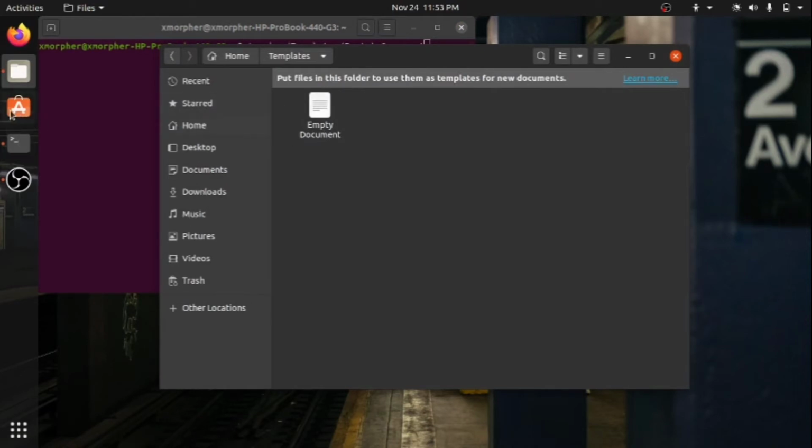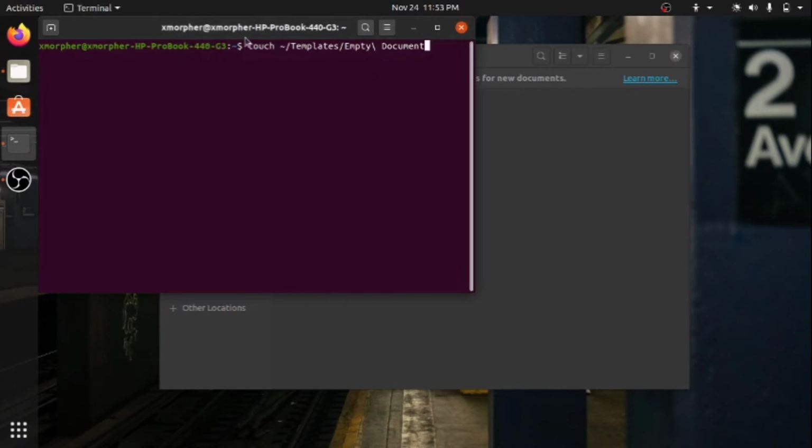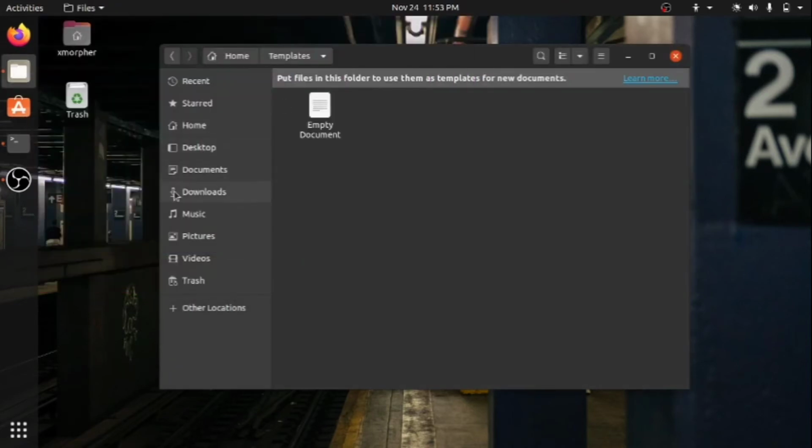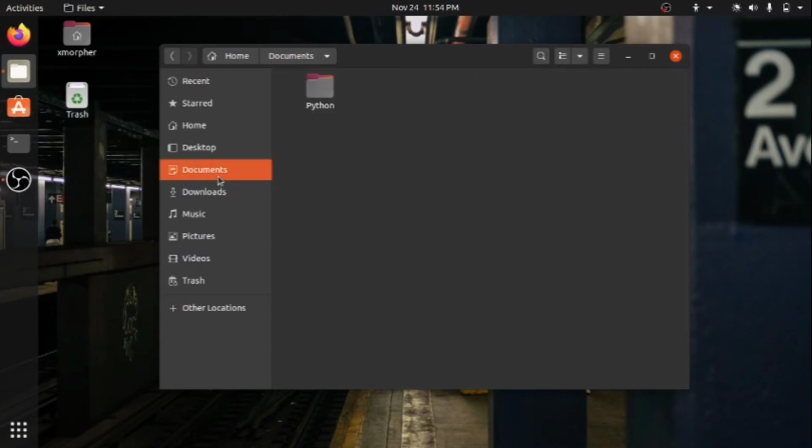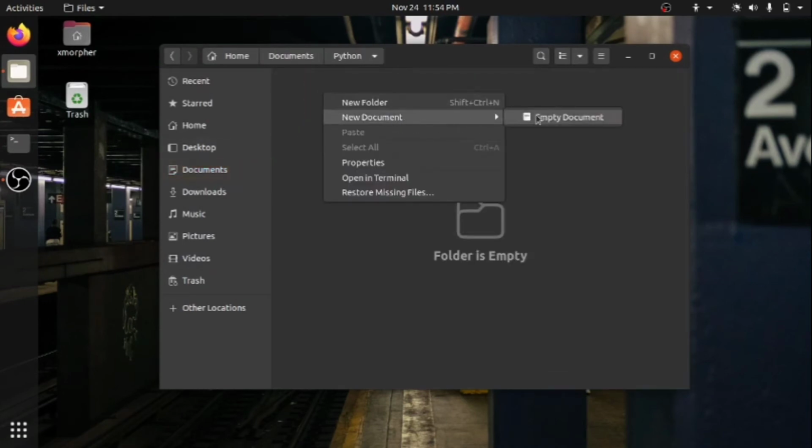This code I will put down in the description so you can just copy and paste it in your terminal. Now going back to our Documents folder Python, we'll create here a new document